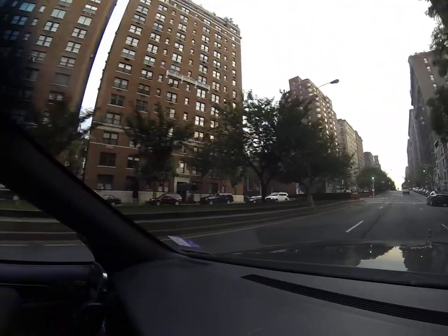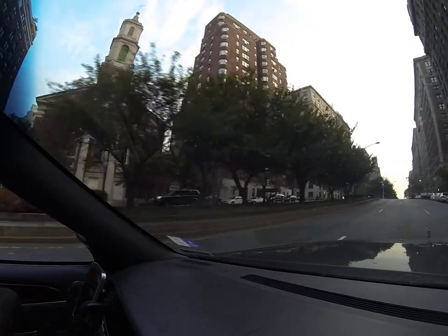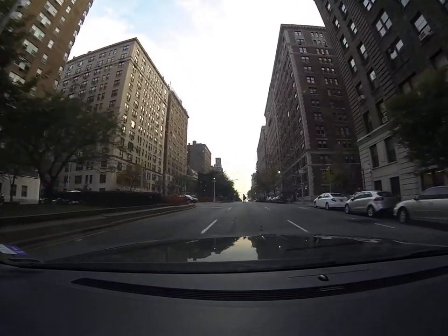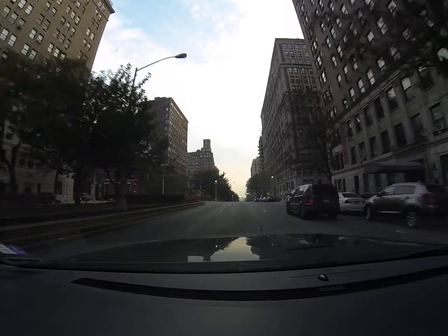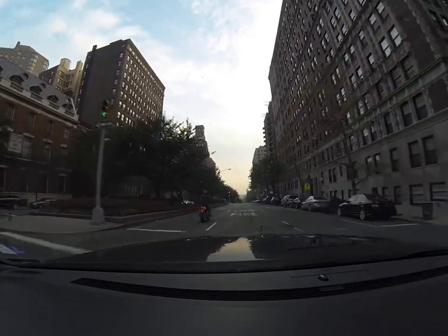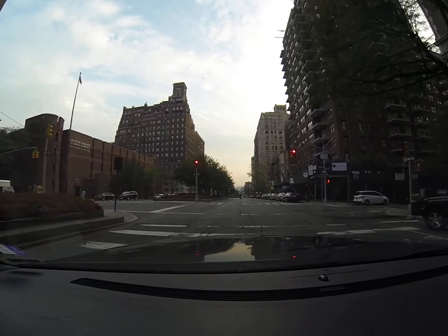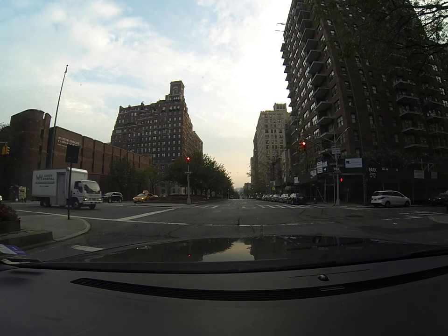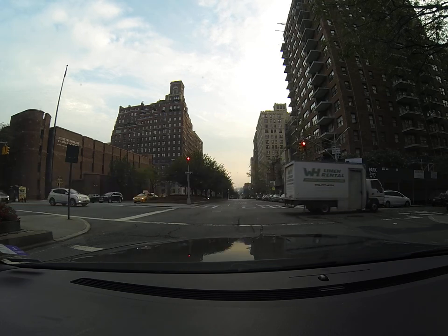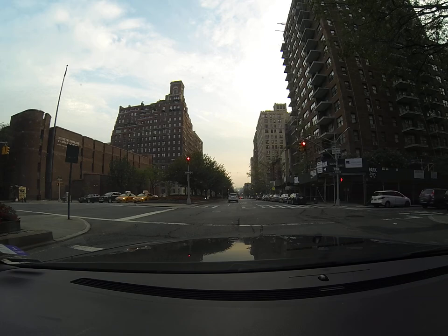Here's another church coming up. This one is the Brick Presbyterian Church, and we're at 91st Street and Park Avenue. And I can see that this is rapidly becoming sort of a church tour. Crossing East 93rd. If you notice now, on Park, we were going sort of uptown, and I mean sort of, well, definitely going uptown, but we were going up a hill. Now we're at the very top of the hill. We're at East 94th Street, and as soon as we cross this street, we're going to start a slow descent